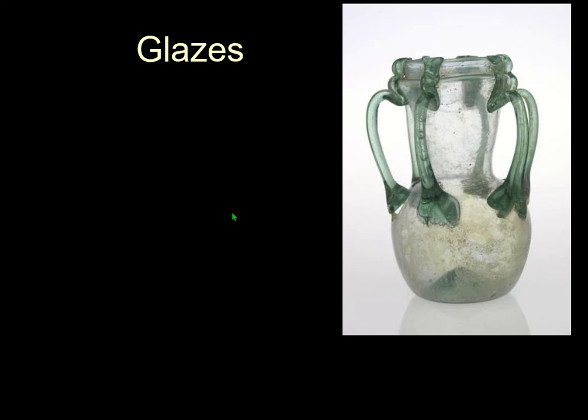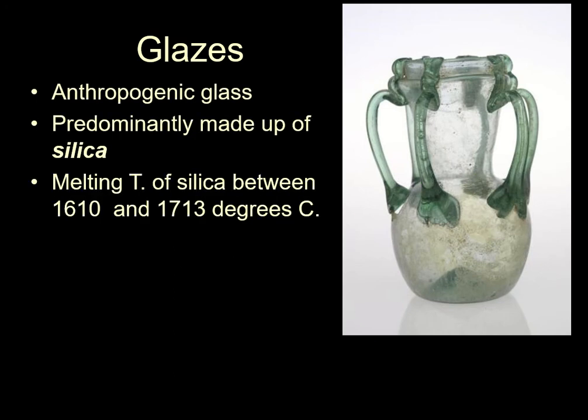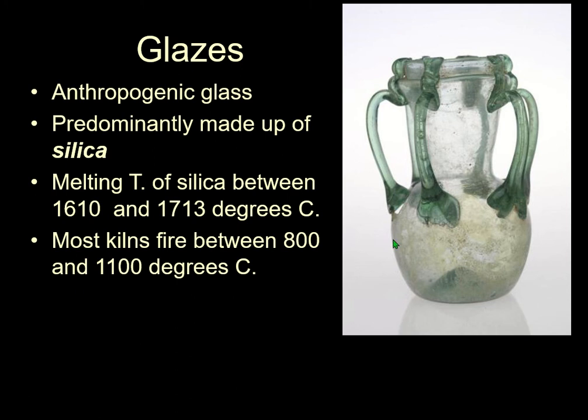So this is a glaze. This is a glass on the outside of a piece of pottery. This is a slip, and this is the clay body. So glazes are a glass. It's an anthropogenic glass, predominantly made of silica, and the melting temperature of silica is between about 610 and 1713 degrees centigrade. And most kilns, especially the ones we have in the Middle East, go between about 800 and 1100 degrees centigrade. So that means you need a flux. A flux is another element which you've added to the silica that enables it to melt at a lower temperature. Much as